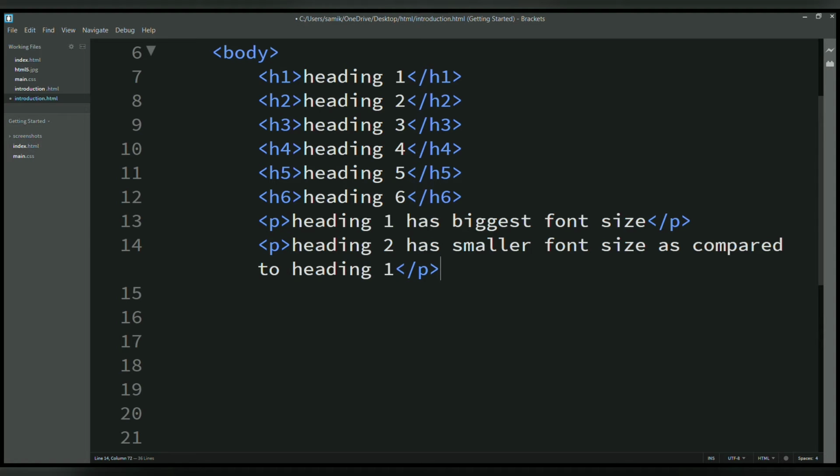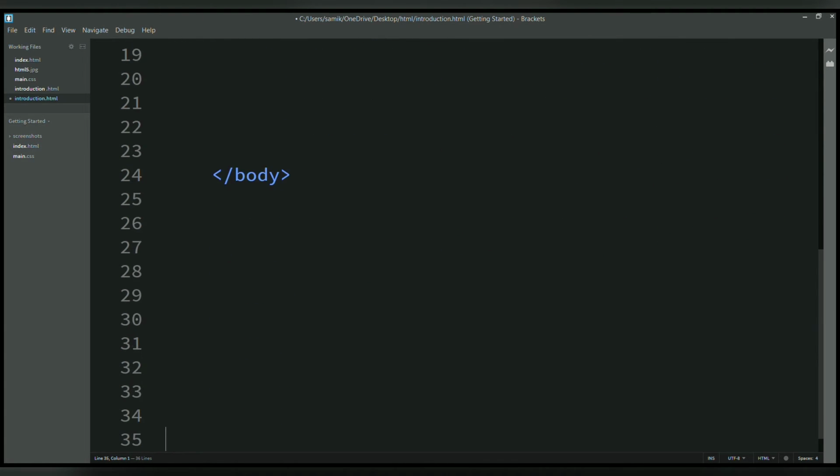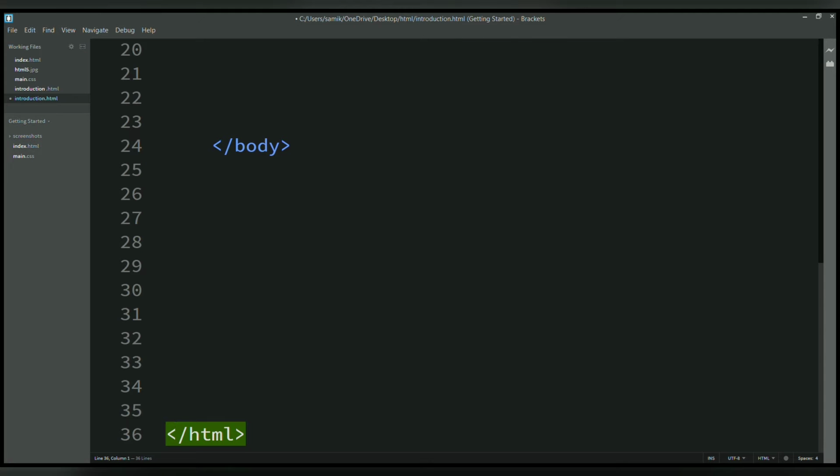Okay, so this will be displayed as the paragraph in our web page. So I want to bring it back where I have written HTML.